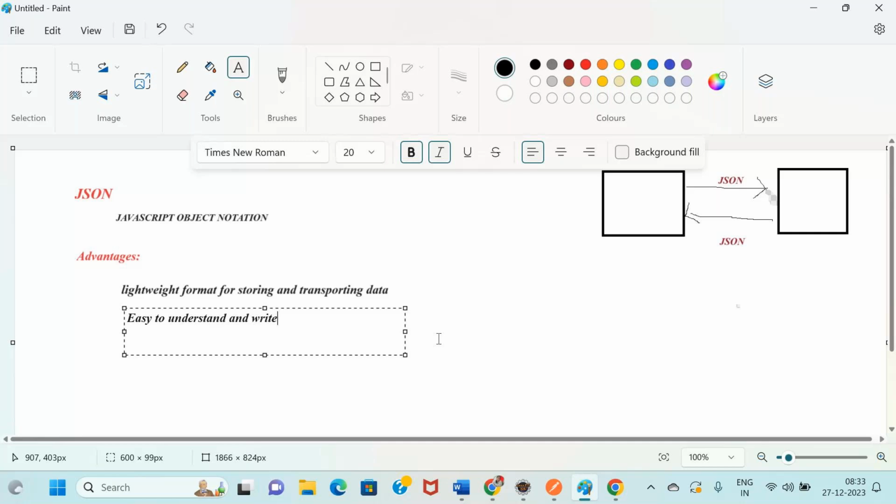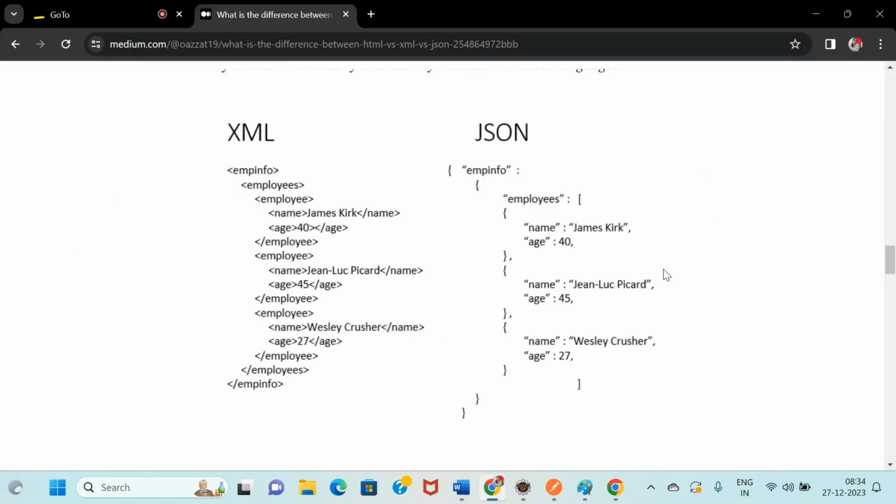Anybody can understand what exactly we are trying to create as data. For example, an employee is there, and his name and age are provided. It's very simple, anybody can easily understand how to create and write everything.